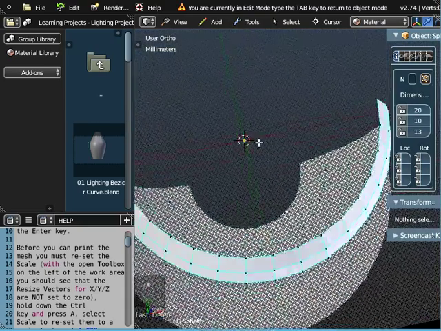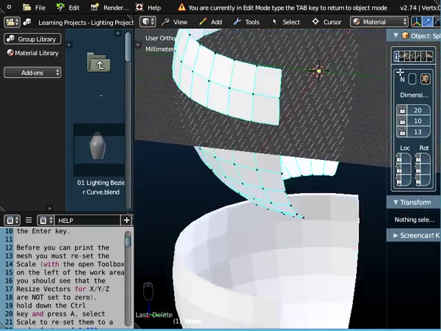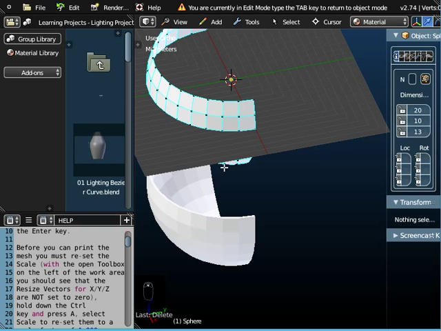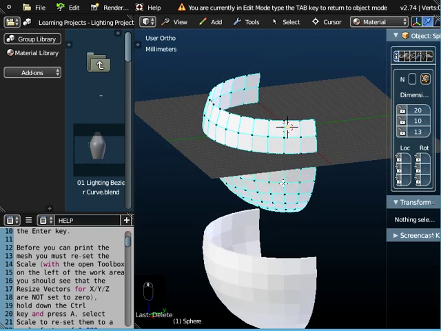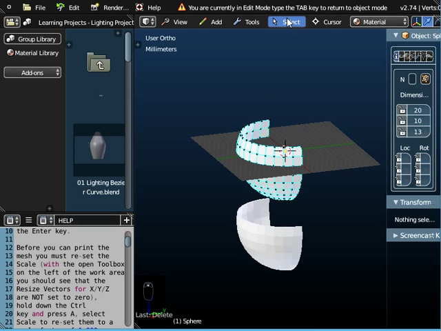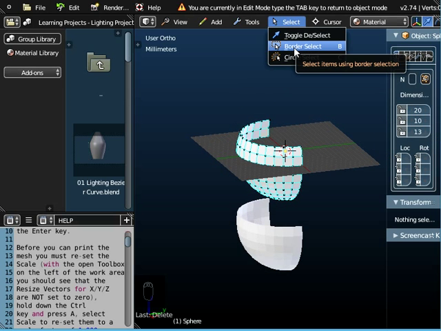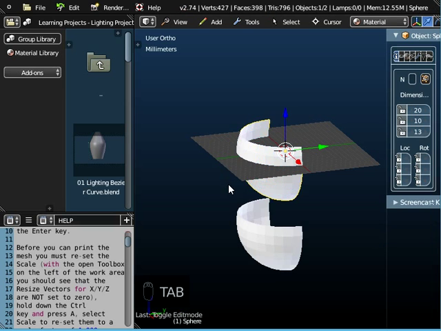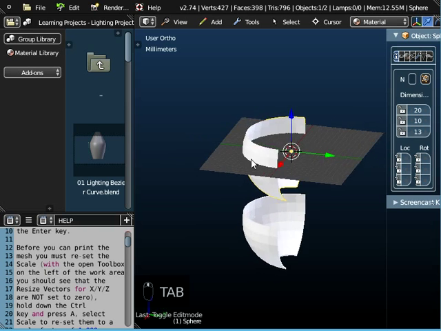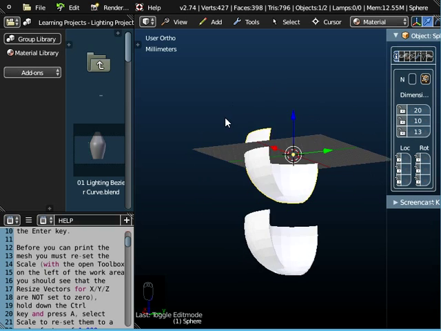And that's perfect now. That matches up with the one at the bottom. Okay, so it's border select, or box select I tend to call it, and circle select, depending upon what it is you're trying to delete. So we can come out of edit mode now, and the next thing that we need to do is to